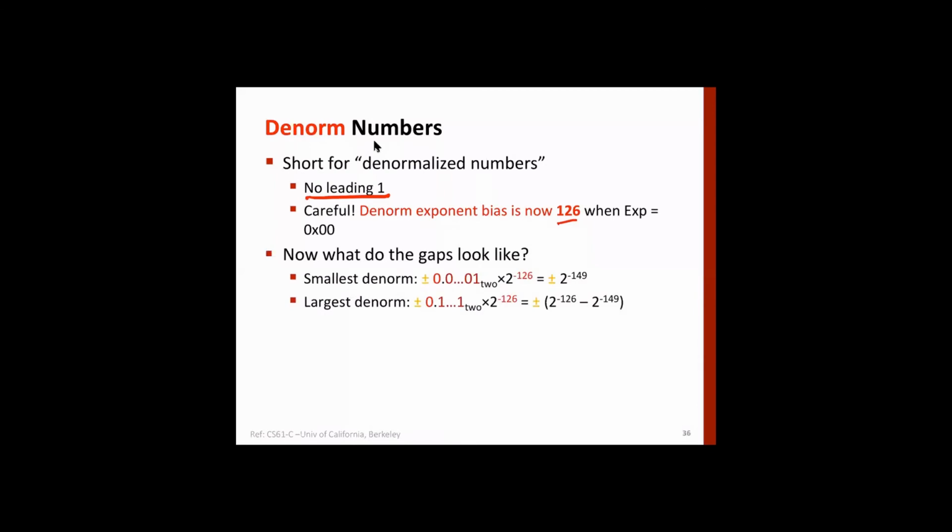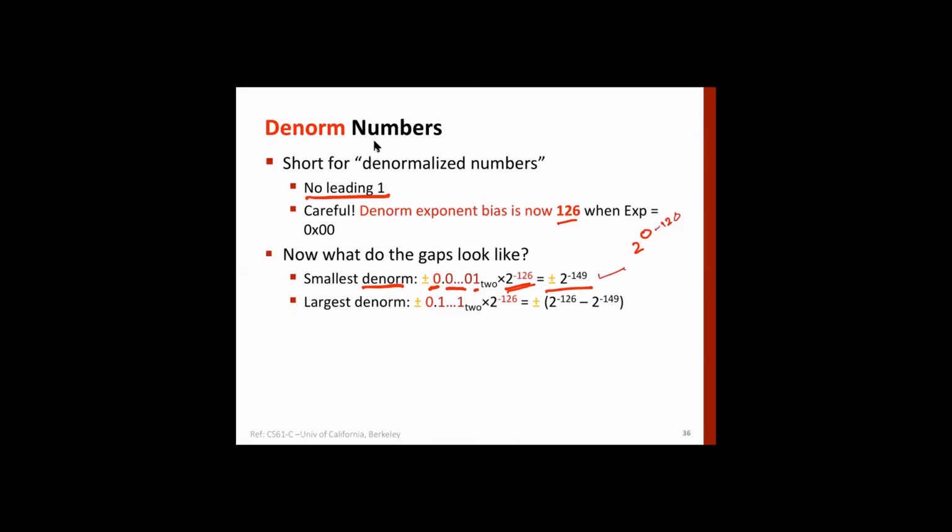So it will be something like this. The smallest denorm now is, note that the 0 will come here, then we have 0, 0, 0, and the last bit is 1. So this is 2 raised power 0, because the exp we are taking as 0 in this case, minus 126. So the bias is now 126. The answer is 2 raised power minus 149. This is the closest to 0 that we can represent with a 32-bit number.